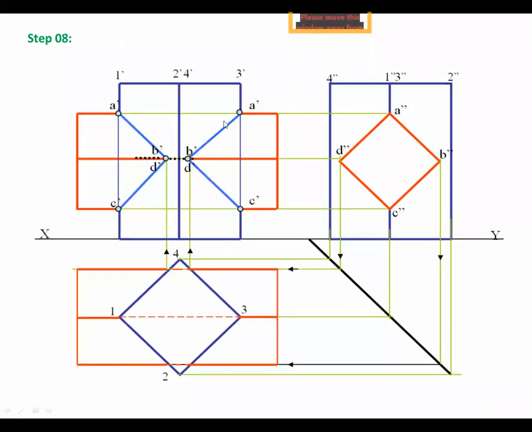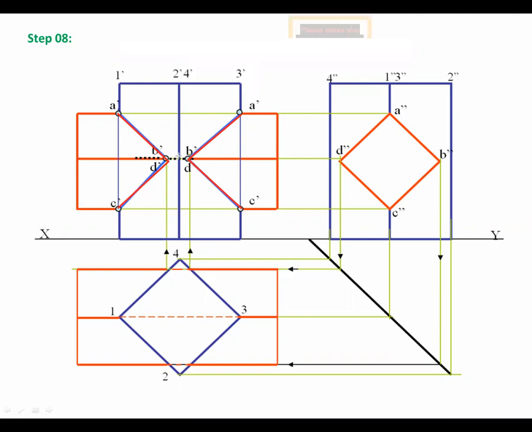In the next step, just join all these things with dark line, because these are the visible portion from the front view. Join these points. These are the visible portion from the front view.